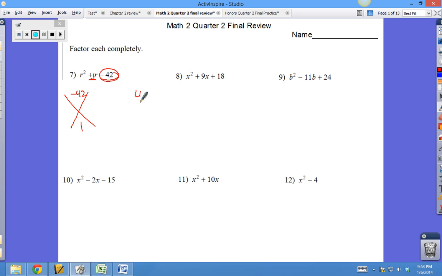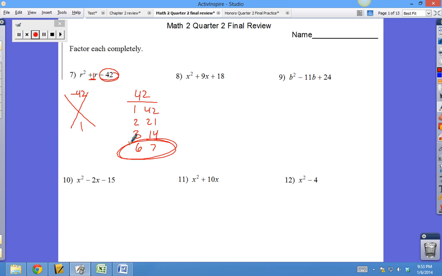So 42, you start going through your options either from your head or your calculator. 1 and 42. 2 and 21. 3 is gonna work. How many times is 3 going into 42? So on a calculator, 42 divided by 3. 3 and 14 will work. 4 is not gonna work. 5 is not. 6 and 7, and that's it. So those are the ways you can times and get 42. The only pair that's gonna add and give you a 1